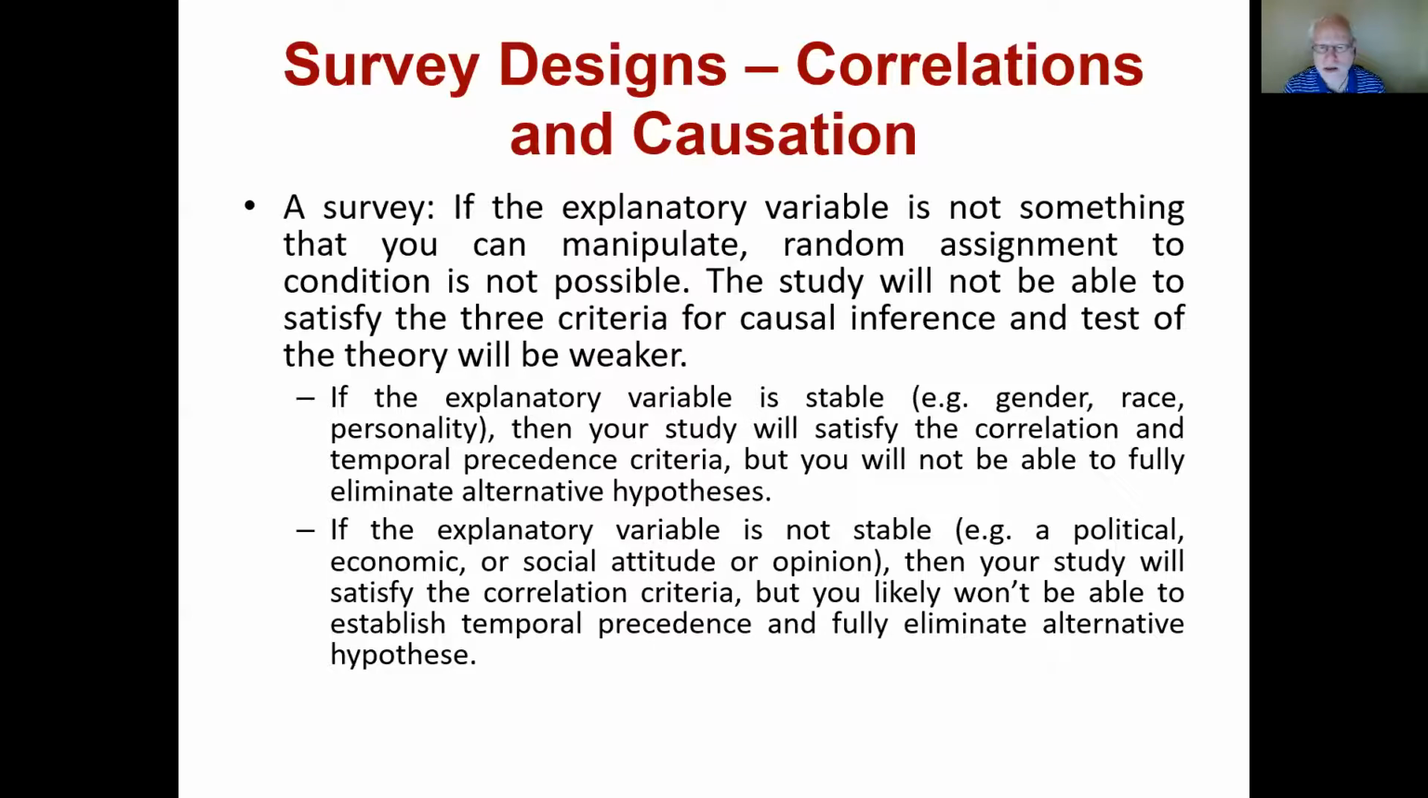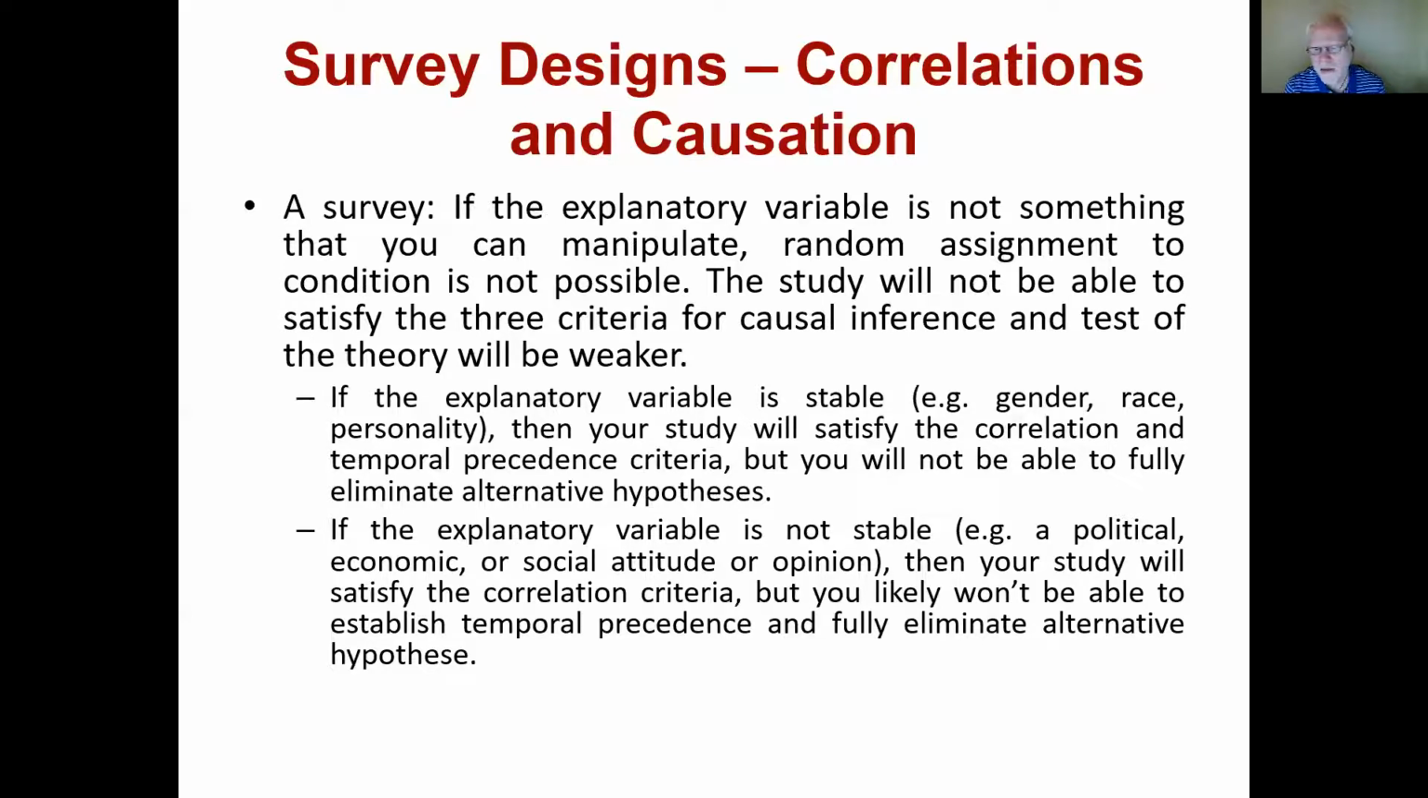If you're not doing a survey experiment, you'll be doing a survey. And so then there's a couple of different options for how the survey will go. So if the explanatory variable is not something that you can manipulate, random assignment to conditions not possible, the study will not be able to satisfy the 3 criteria for causal inference, and the test of the theory